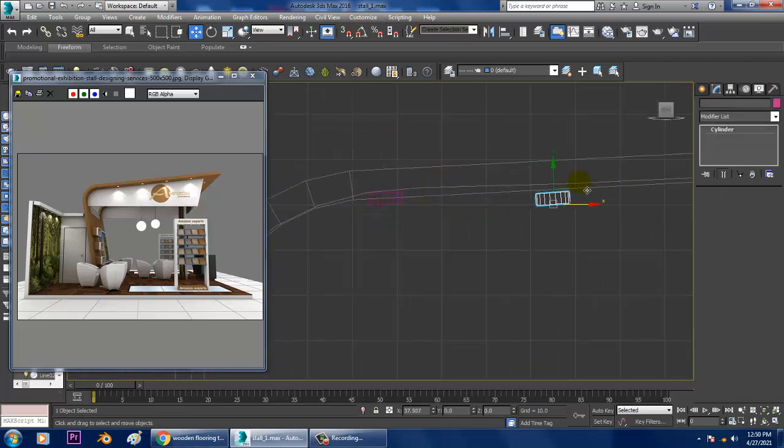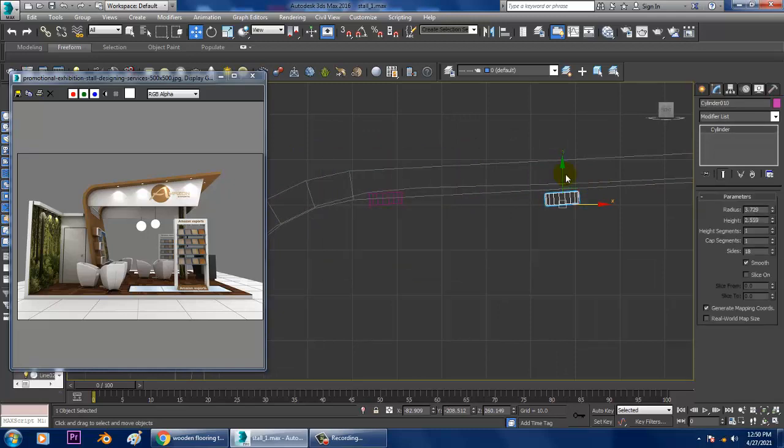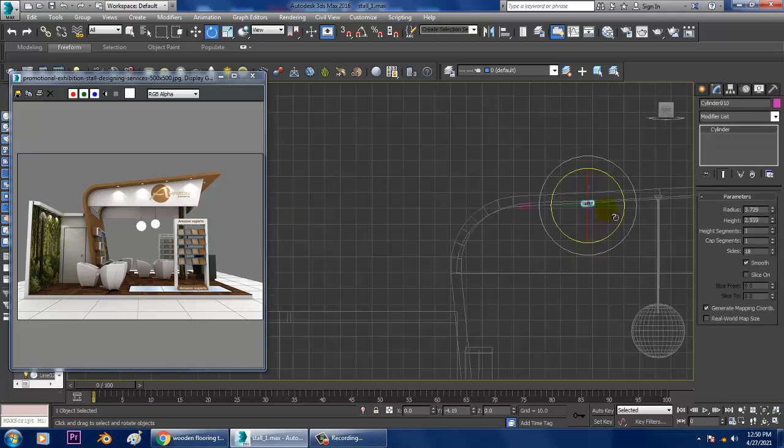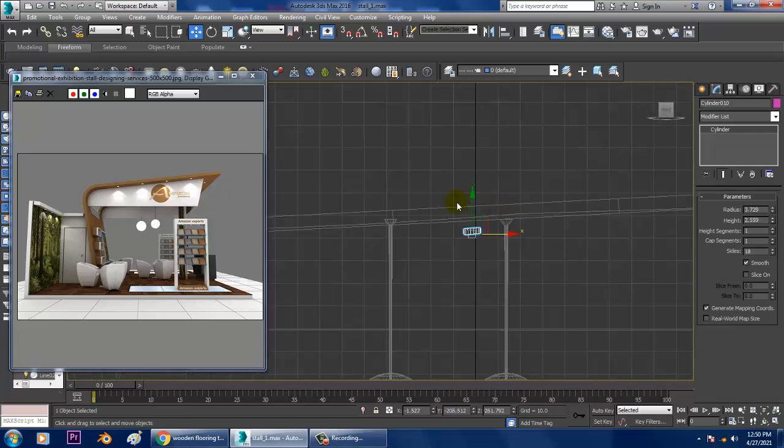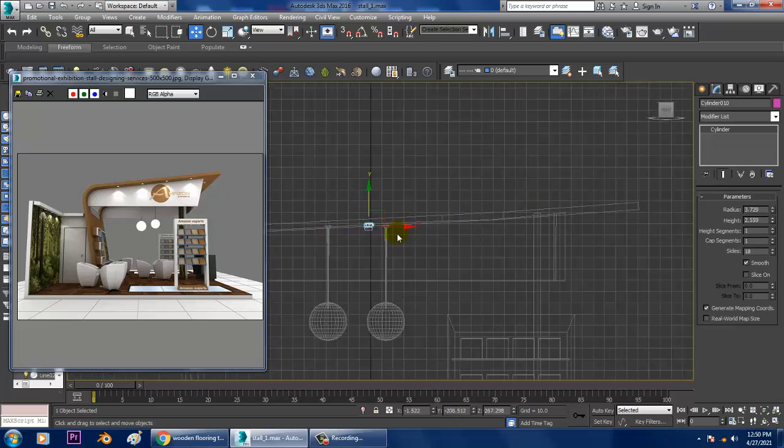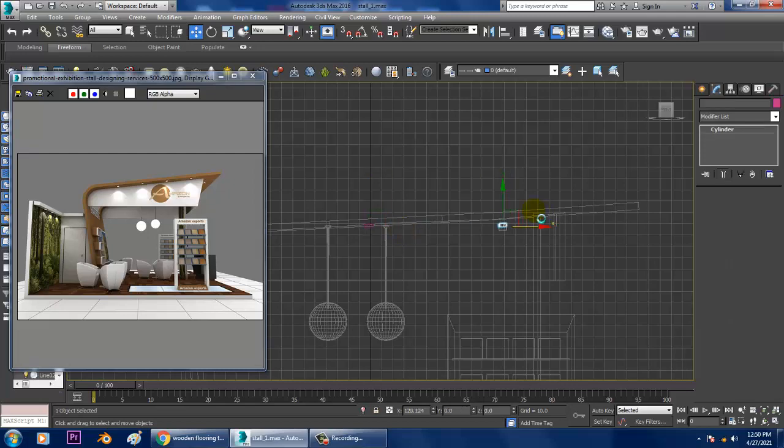I'll duplicate it accordingly, the way I want, at a larger distance.